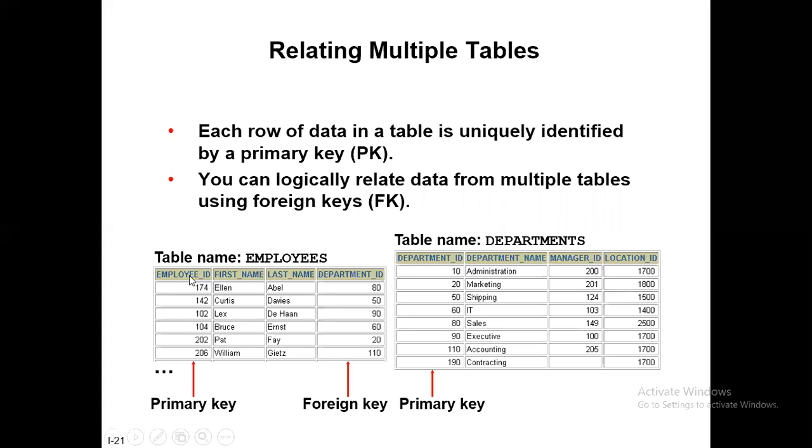Okay. Now see, Curtis Davis belongs to department ID 50. What is the name of the department? Shipping. Correct. This is exactly how the query works. Your mind is working like a query now. Now, if you have hundreds of data, so in this course...